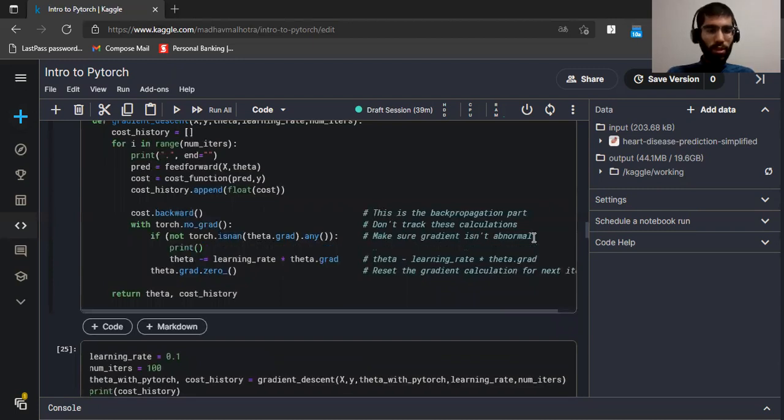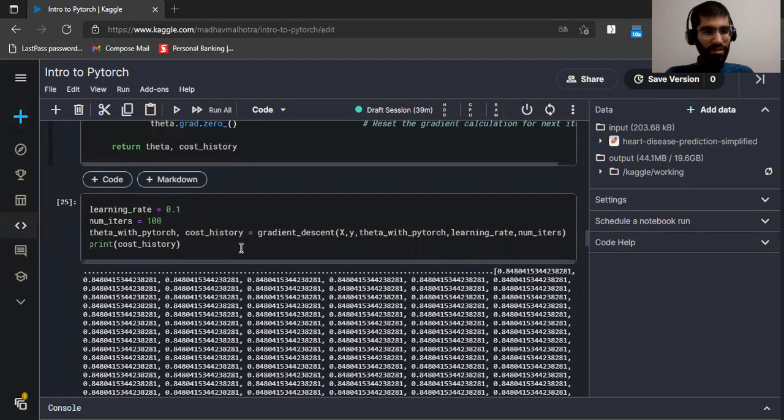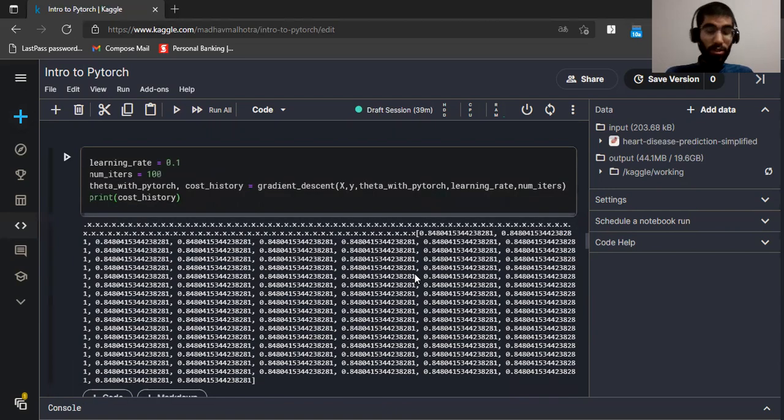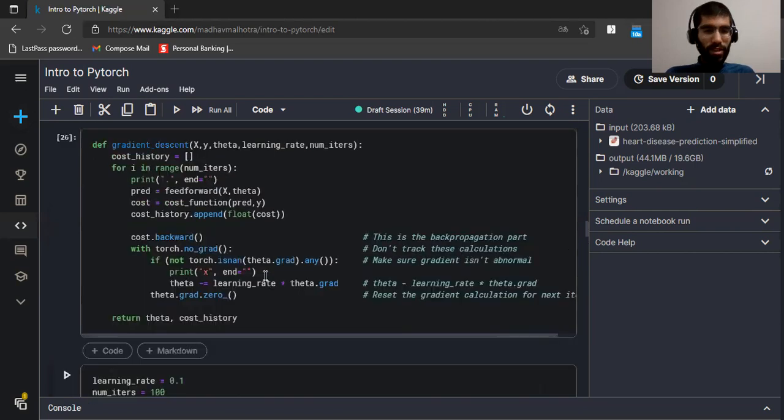Because I wasn't sure about this logic, I made a mistake here. Let's just print an X with end equal to nothing, so it doesn't start a new line. If this step is actually happening, that's good to check. Let's try again. All right, it's working. However, it's not working. Oh well. So for now, what we see is